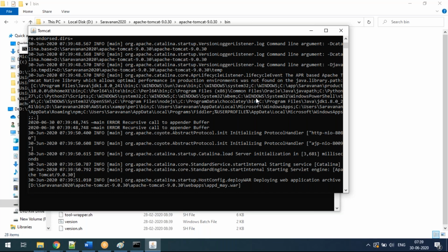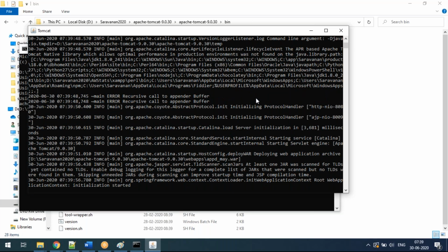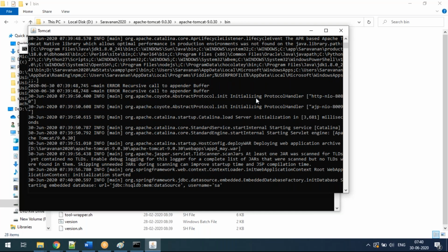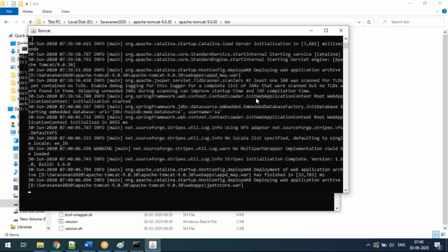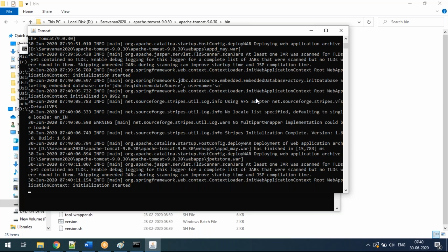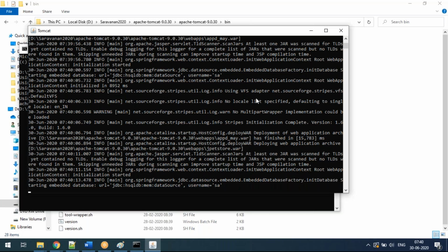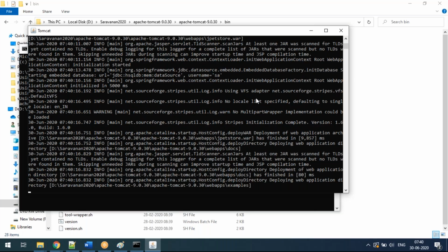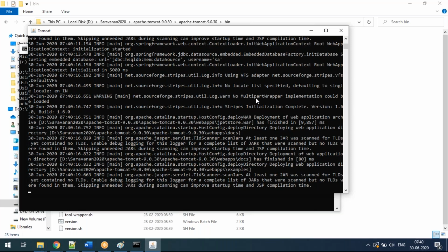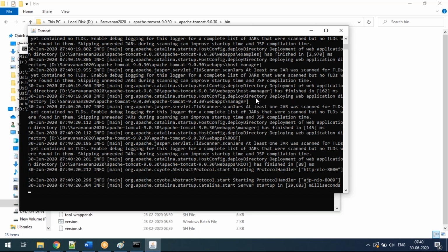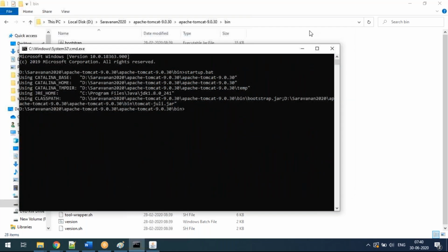Think of it as: you downloaded an Apache Tomcat server, extracted it, created a user profile, and then you are launching that server. You are starting that server basically.